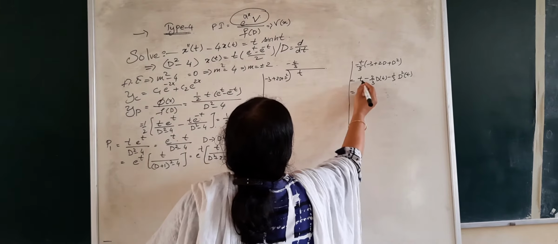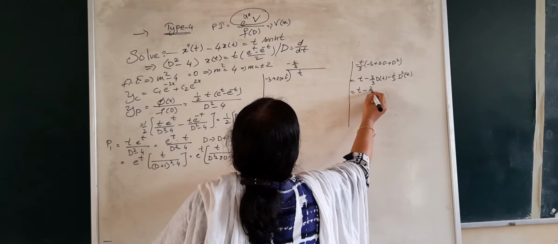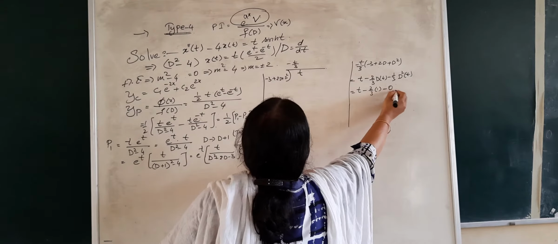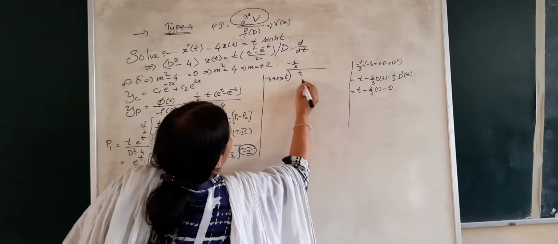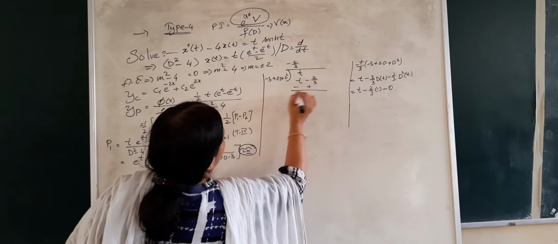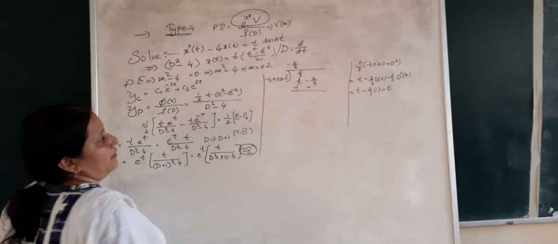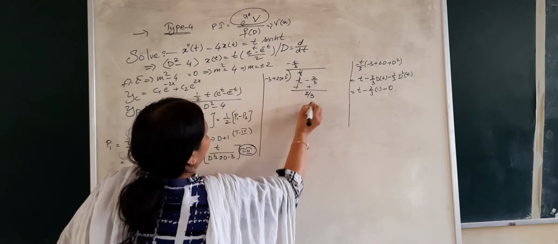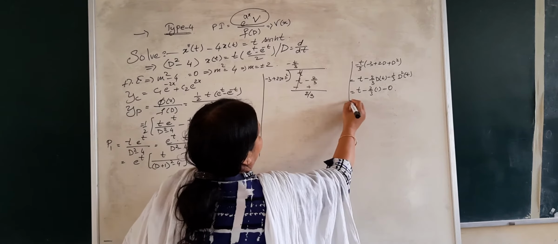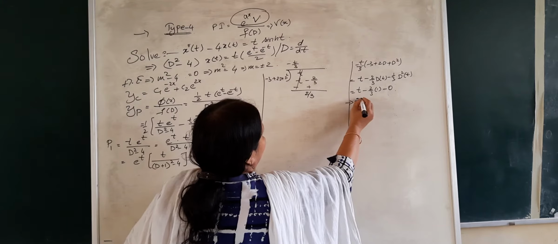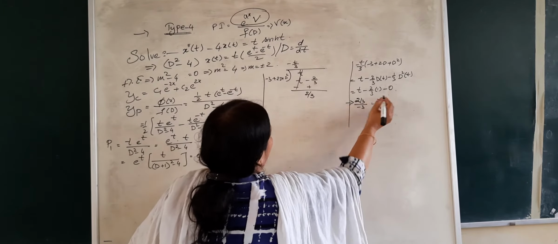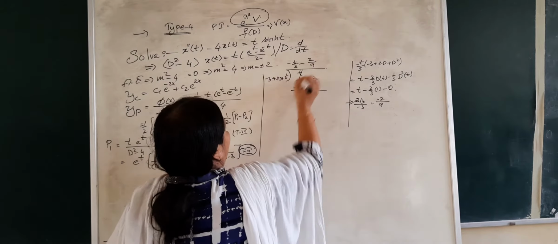This second derivative is going to be 0, so this will be t minus 2 by 3 times the derivative of t, that is d by dt of t is 1. So what we get here is t minus 2 by 3. Change the signs, t and minus t get cancelled, we get only 2 by 3. Now again, this term divided by minus 3: 2 by 3 divided by minus 3 is going to be 2 by 9, but with a negative sign. So minus 2 by 9.